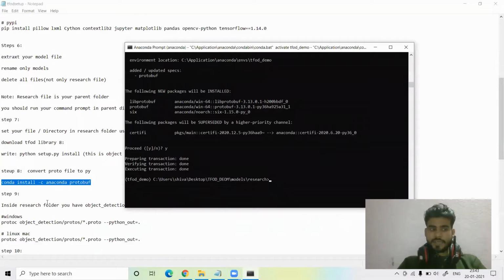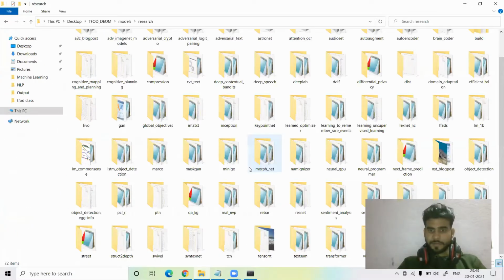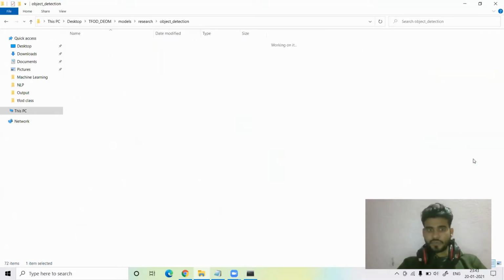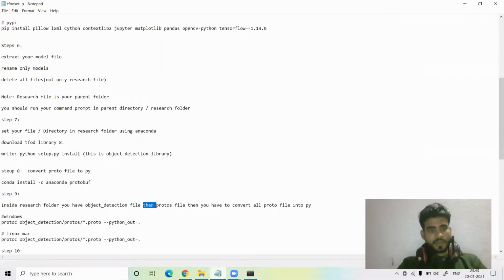See, our changing is done, guys. After that, inside the research folder, you have the object detection file. See, in the research folder, we have the object detection file. Just open this here. And see the next, object detection file, proto file.